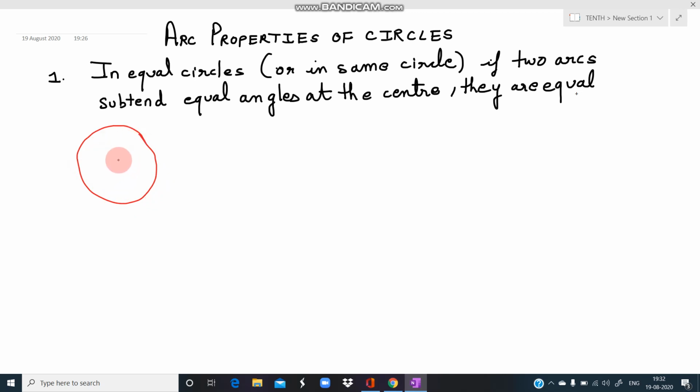Now we know that this is a circle. If this is a center and I draw two radii, suppose मैंने ये दो radii बना लिए, then this part of the circle which is between the two radii, ये जो part है that is known as arc. ये वाला surface नहीं, ये जो shaded portion है ये है sector. This shaded portion it will be called as sector. सिर्फ ये जो boundary है that is known as arc.